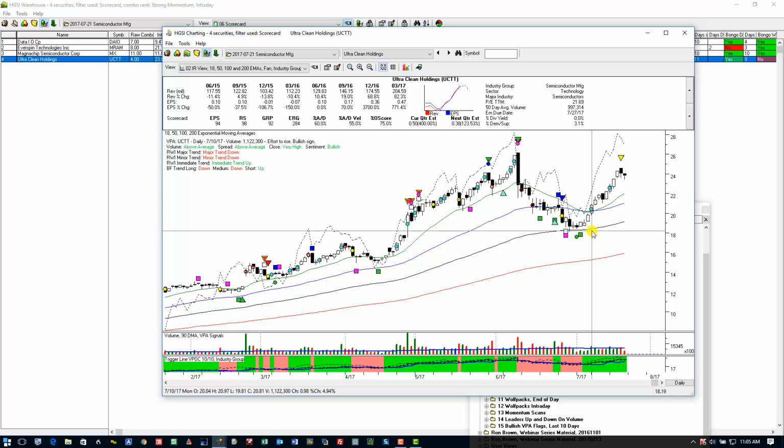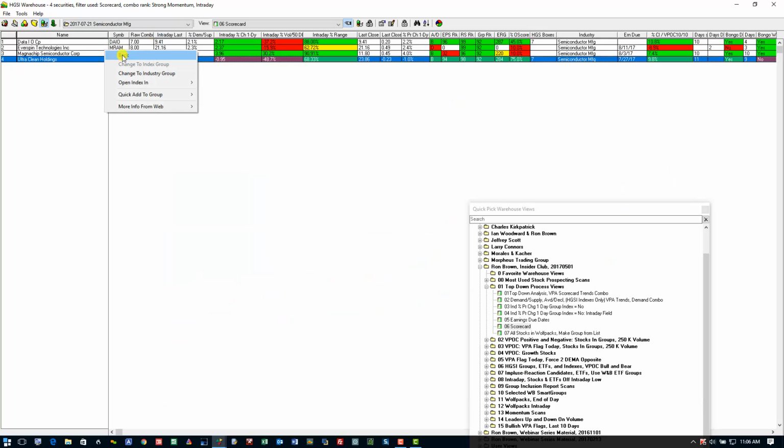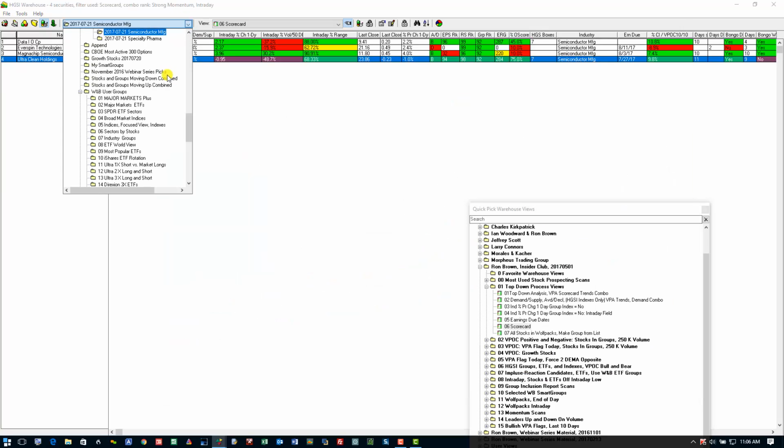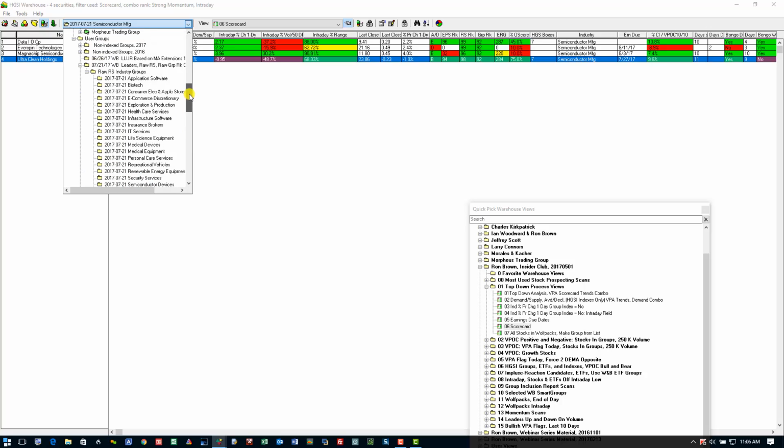Here the effort to rise candle occurred on the day that the stock crossed over, or the 18 crossed over the 50, and it's moved up since. Now it's hesitating going into earnings. So like I've been doing here, I have to get back to my